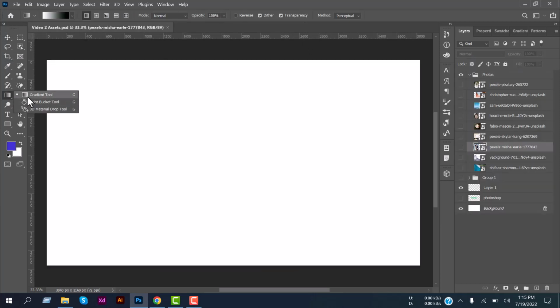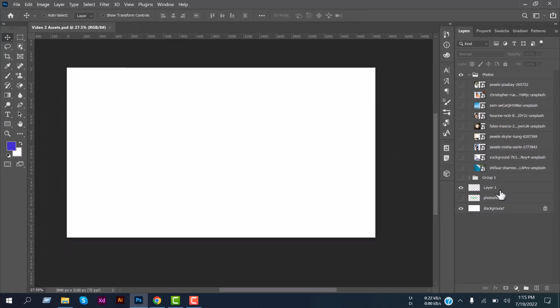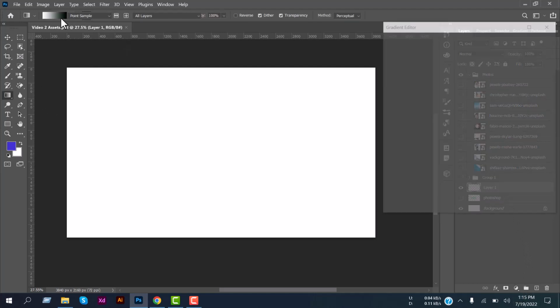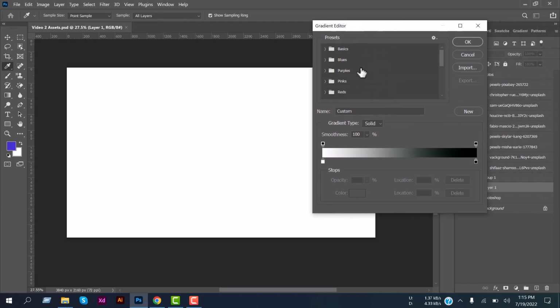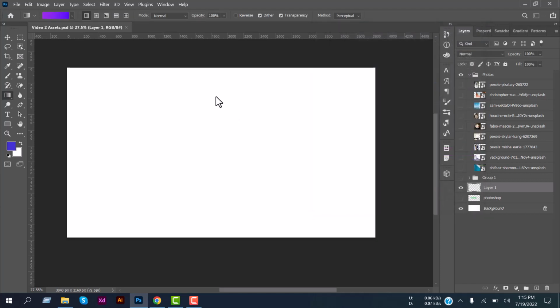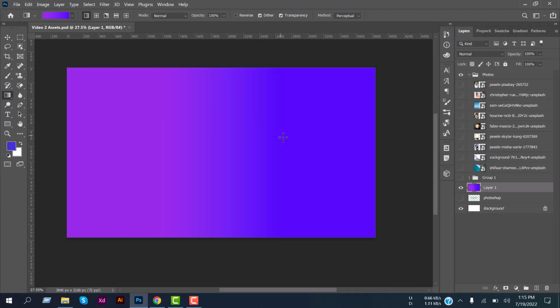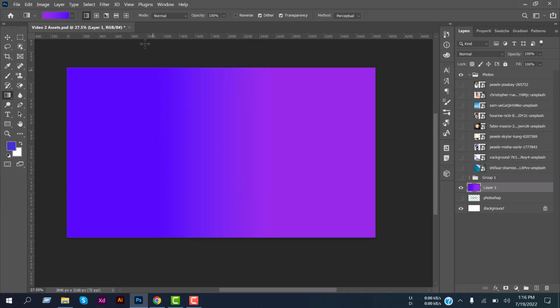And next, the gradient tool. You can use any type of gradient using this gradient tool. There are a lot of gradient options by default available in Photoshop. You can select any of it. There are five types of gradients. The first one, the linear gradient, and the second one is radial gradient,